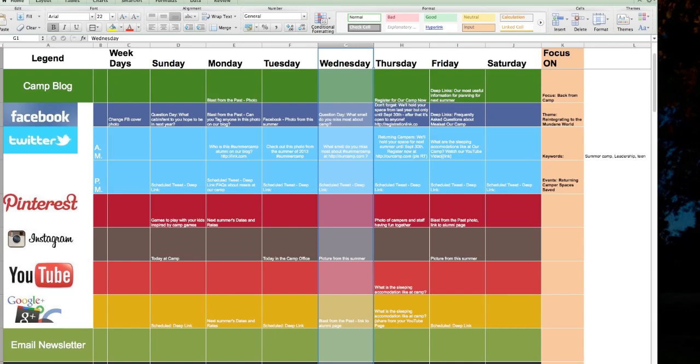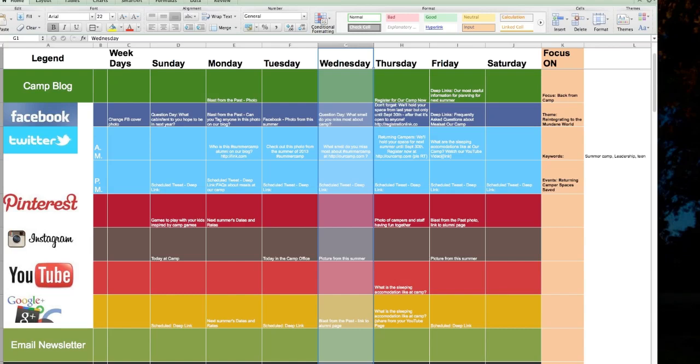I've always organized these sheets the way that they're laid out, so that the ones that we think are most important, most effective, etc., are at the top, and then continue down to the least important or least effective, or even a bit of timing, like how often you have to do it. So again, putting stuff on your camp blog is the most important thing you can do, as long as you